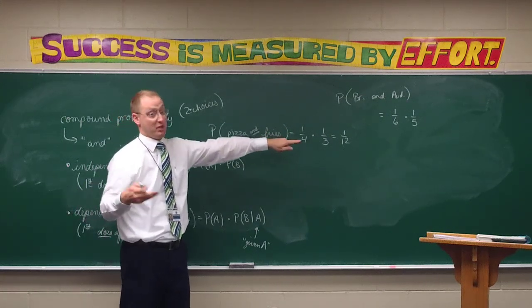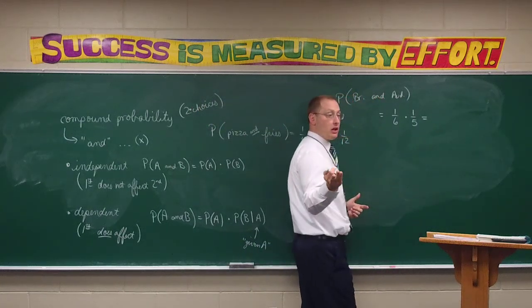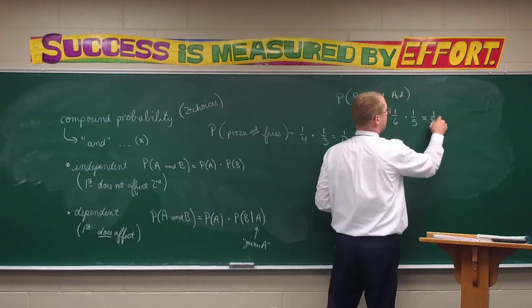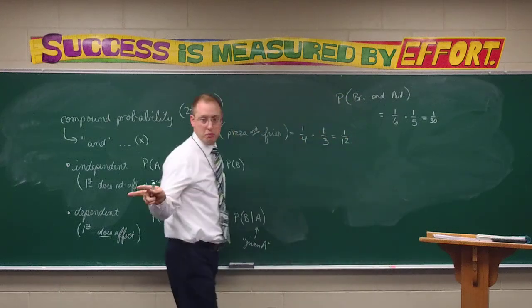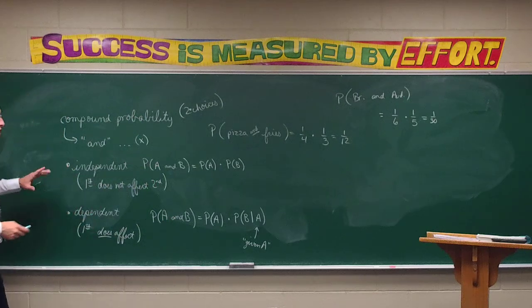And the next person's 1 to 4. Anyway, so the odds of Brandon and then Audrey in that order, going, class, are 1 to 30. Chance that those would be the first 2 people selected. Does that make sense? One of the things, key word, that you're going to look for in independent versus dependent probabilities is this idea of,